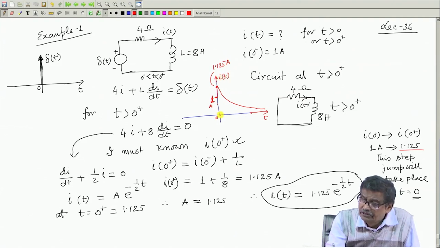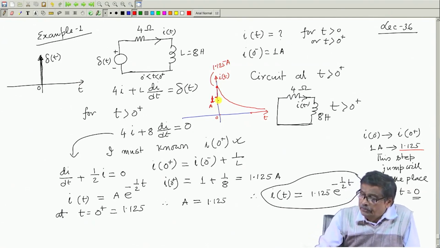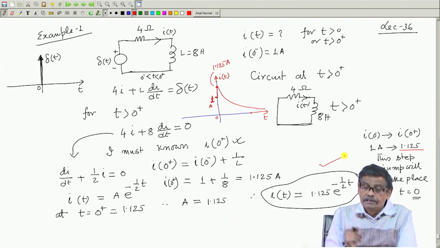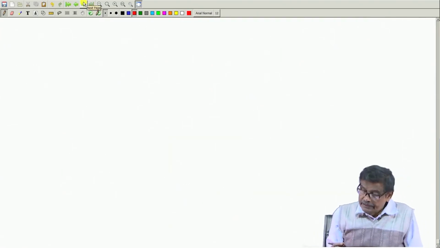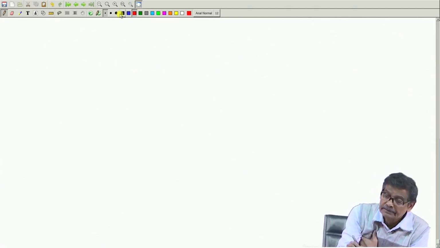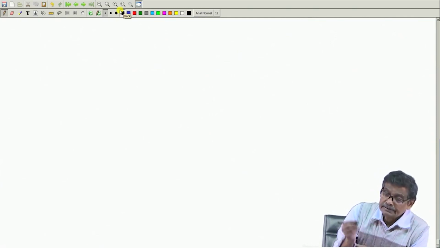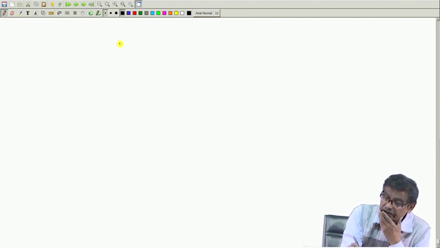For me, it does not matter whether it is 0 plus or 0, I mean, what is the point. So, this will be the complete solution of this one. Let us do it for the second problem. Second problem is like this. Suppose you have a differential equation,